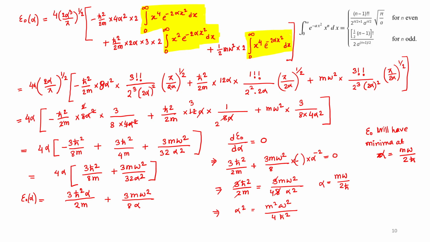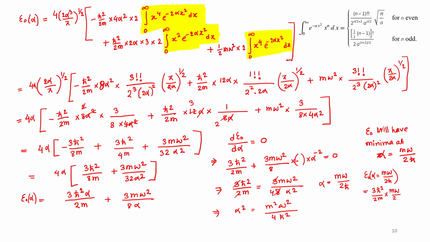So we put the value of that to get the minimum energy, right? So let us put it. So your epsilon 0 alpha omega by 2h, that is c square by 2